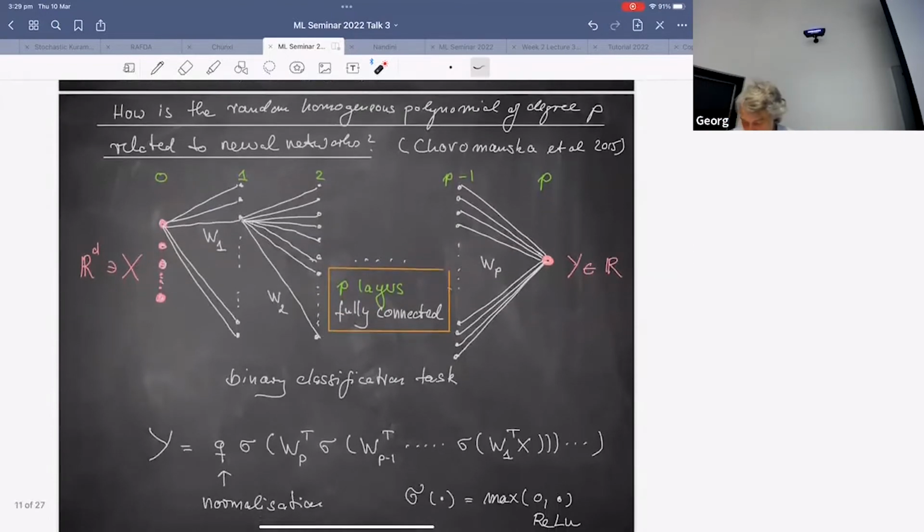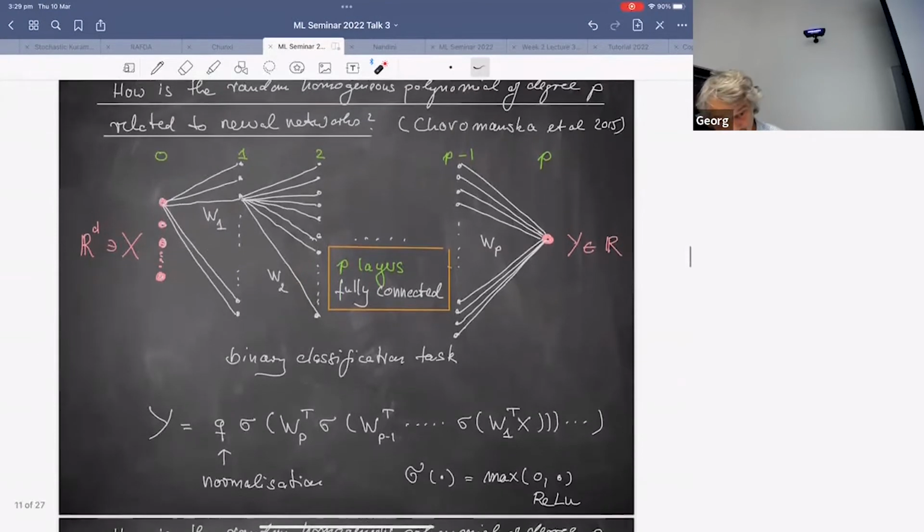So this is a fully connected network with p layers. We have an input here, d-dimensional, and we have an output, one-dimensional, in R, but we're going to do binary classification, so we want something that only has two labels. That's our truth. And we got weights in each of those layers. W1 is a vector here, and then I've got more here, and so forth.